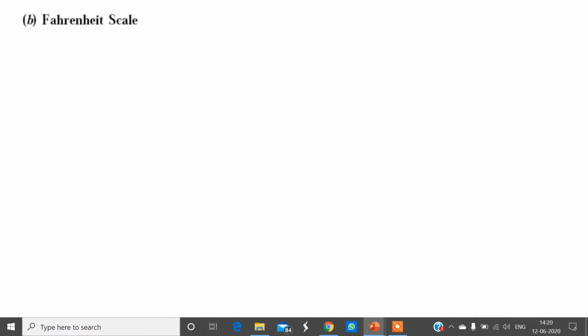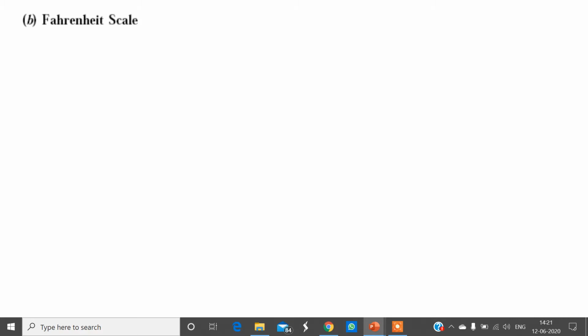The second scale is the Fahrenheit scale. We are somewhat aware of the Fahrenheit scale because when we go to the hospital with a fever, the doctor checks our body temperature and many times you might have heard a temperature of 100. Actually, we are amazed: our normal body temperature is 37 degrees Celsius, so how can it be raised to 100 degrees Celsius? Actually, that temperature is in Fahrenheit, and 98 Fahrenheit is equal to 37 degrees Celsius.